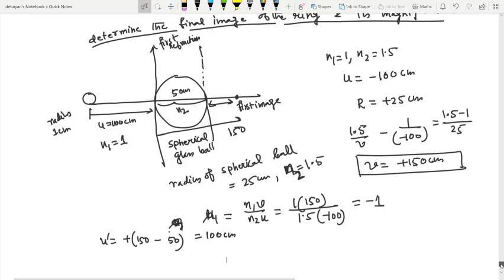So magnification is m1 into m2, that is minus 1 into 3 by 7, that is minus 3 by 7. ওকে, তাহলে এই অঙ্কগুলো মোটামুটি তোমরা যদি ফর্মুলা ঠিকঠাক করে পারো তাহলে তোমরা আশা করি এই অঙ্কগুলো কিছুটা হলেও করা যাবে।